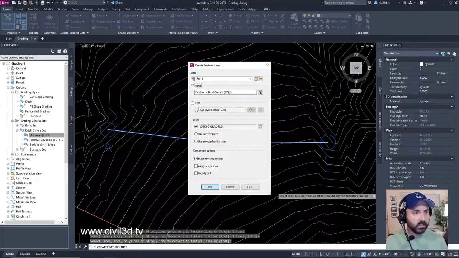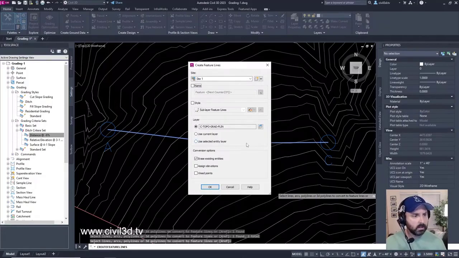For this exercise, you will assign names after the feature lines have been created, so we'll uncheck this box. We'll just leave it at its defaults. Following this workflow enables you to create many feature lines at the same time, but name only the most significant feature lines. Okay? In the Create Feature Lines dialog box, go ahead and click OK.